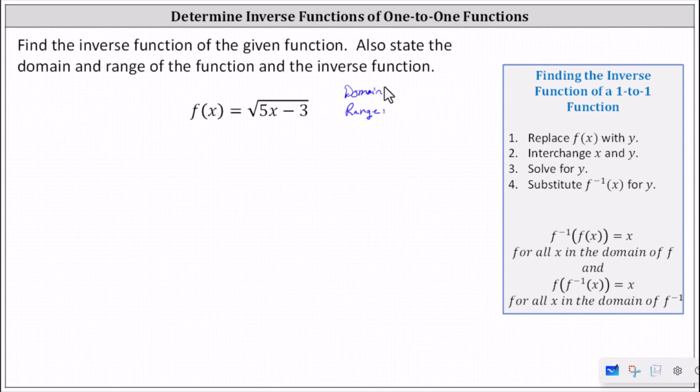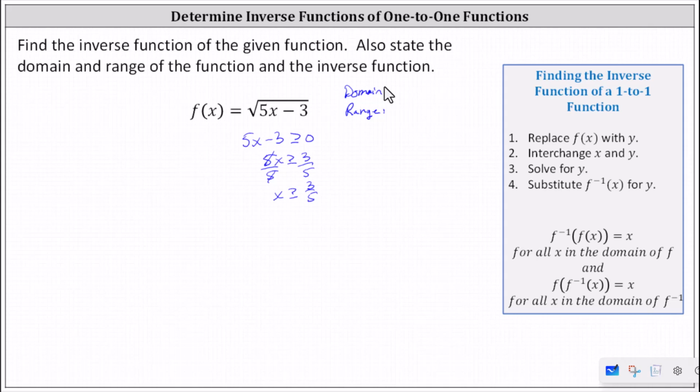To determine the domain, the expression 5x minus 3 under the square root must be non-negative, otherwise the result will be imaginary. Which means to determine the domain, we need to set 5x minus 3 greater than or equal to 0. And now we solve for x. Adding 3 to both sides, we have 5x greater than or equal to 3. Dividing both sides by 5, we have x greater than or equal to 3/5,